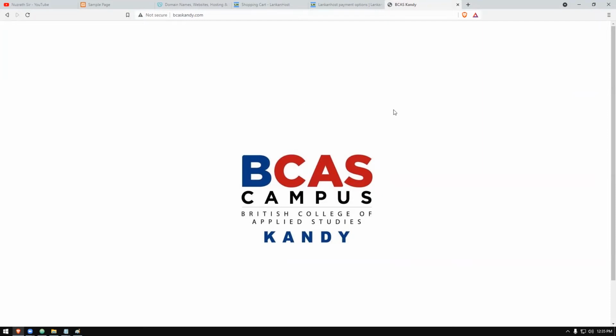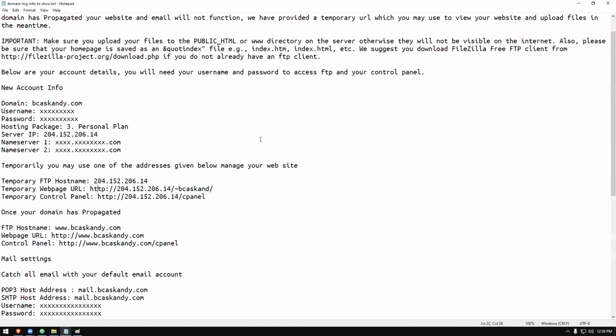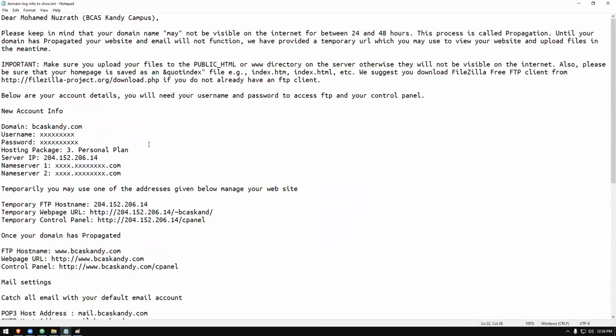Before this, you will receive an email. I have a file opened here. All the password details and critical information I have masked, erased and replaced with the letter X's. I have the original file with me, which I will be using, copying and pasting these things. For security reasons, I have hidden all this information. If you see here, this is registered in my name.